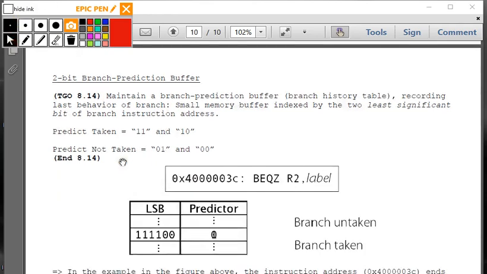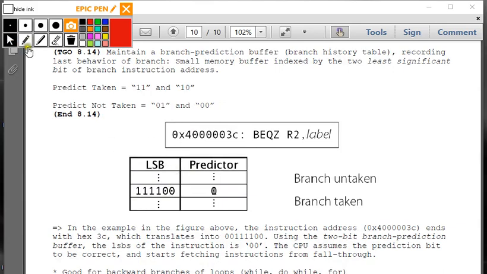So here's the general idea of it. You have the least significant bits here. So it's 0, 0, so it's going to predict not taken. And here, the instruction address, we have 1, 2, 3, 4, 5, 6, 7, 8. So that's a 32-bit instruction. So 3C is going to end with hex 3C, therefore it ends with a 0, 0. Now this is where you can take advantage of byte addressing. So here we have byte addressing, where